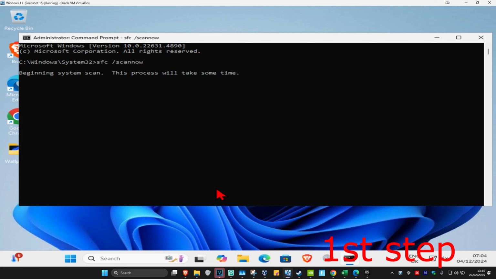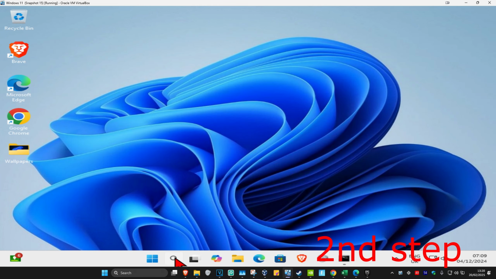Then you want to run this scan. We can run this scan in the background as you complete the next steps in the video, so you just want to minimize this. And now for the next step, you want to head over to search again and type